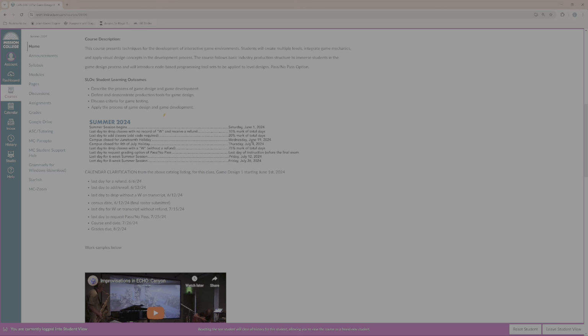So the course description here, I updated the calendar. This 10, 20% mark of total days math you're supposed to do for the calendar was really confusing, so I got the clarification. The last day to drop with a refund is tomorrow, which is Thursday, June 6th. If you have any friends that want to take the game class as well, please send them our way. They'd love to have more burgeoning game designers. The last day to add the class is the 12th. I believe that's next Wednesday.